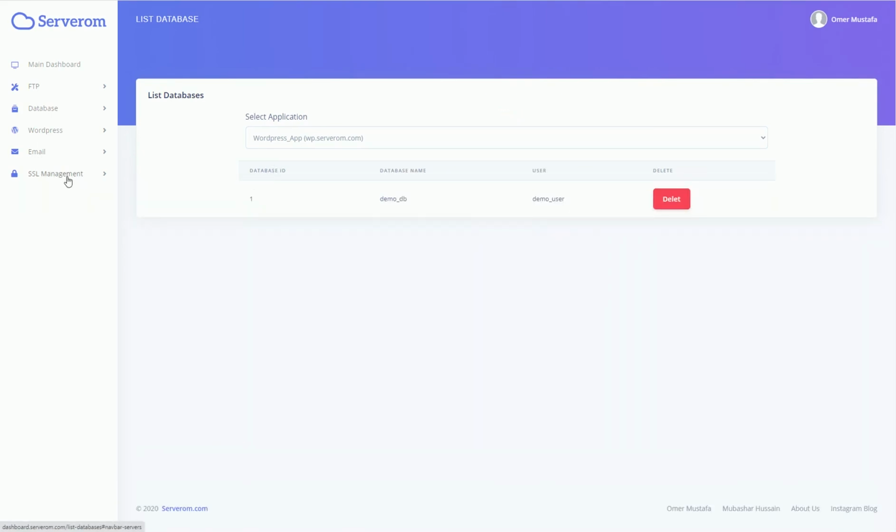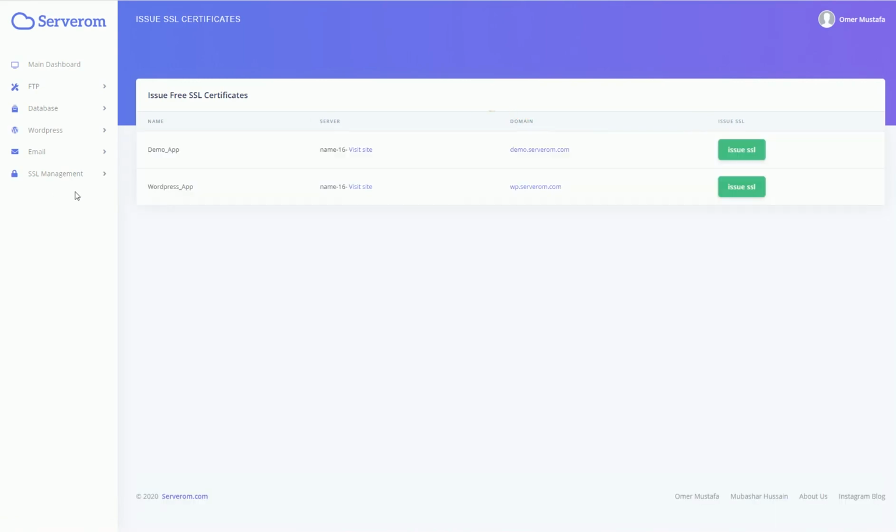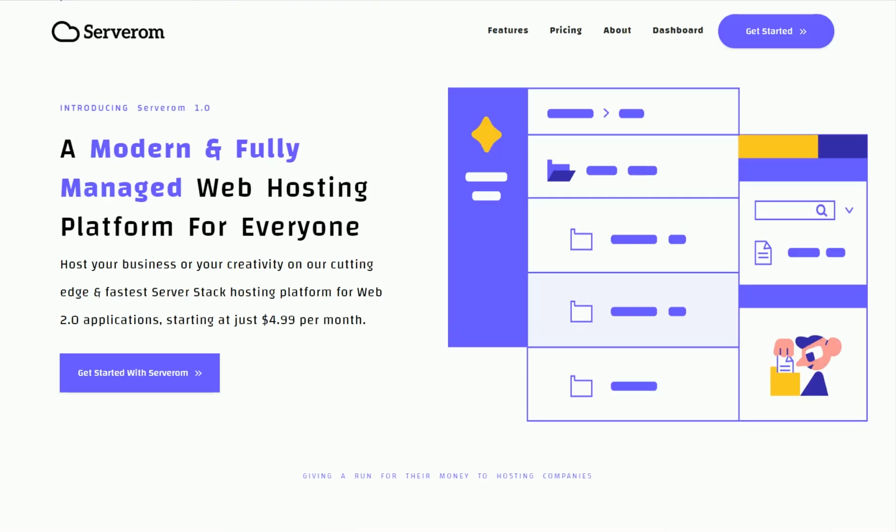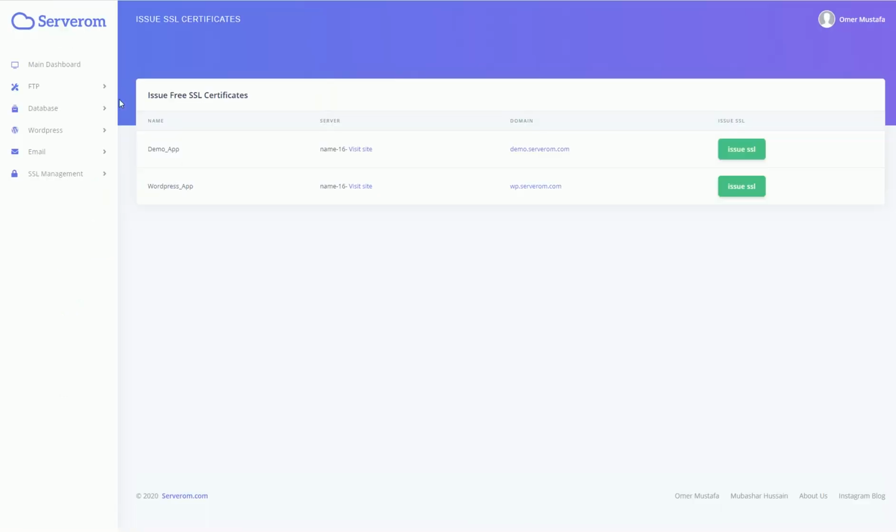And to issue SSL, just go to the issue SSL page and, without any cost, simply click issue SSL through our platform, and this will secure your application, putting this green padlock, as you can see, on your websites and applications. Plus it can save you $120 for every 10 applications deployed on each Serverrom server, where others could cost you hundreds of dollars for the same level of security on the applications. And this has also proven to improve your Google rankings for your applications.